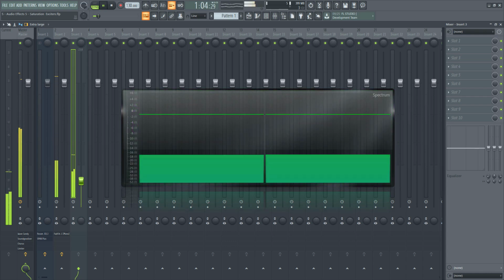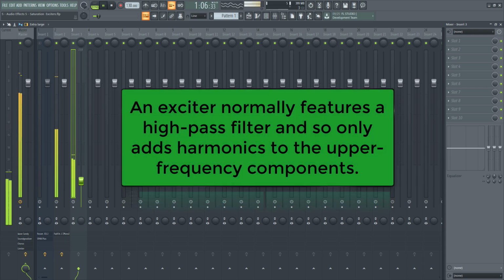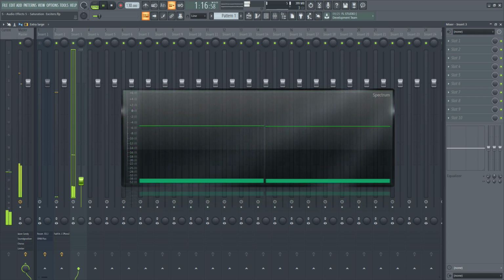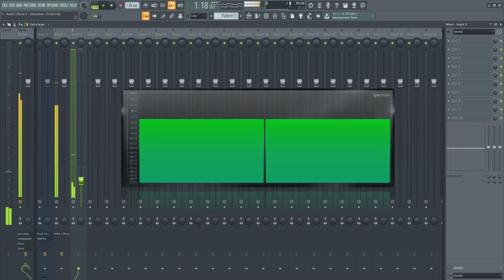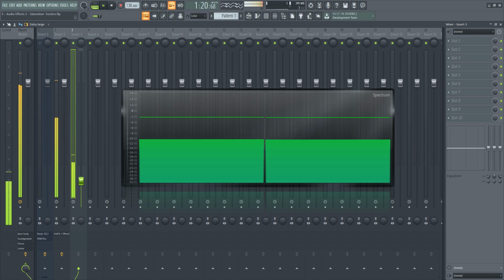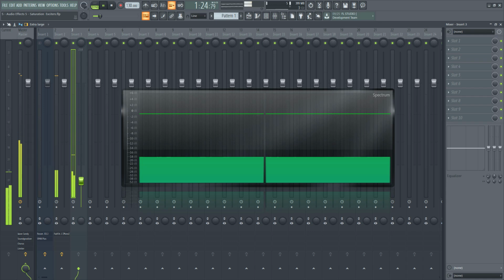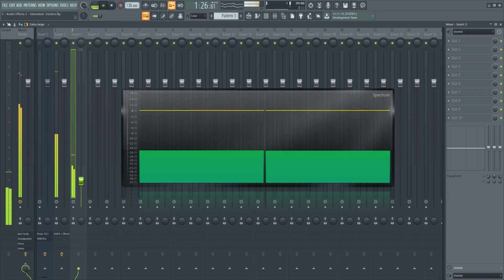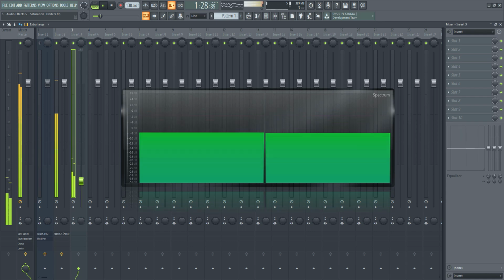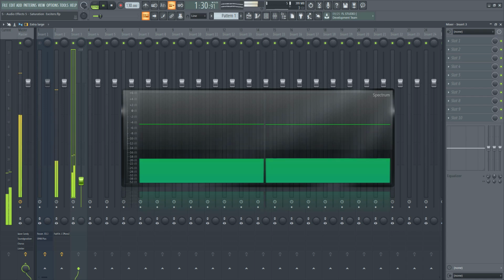In contrast, an exciter normally features a high pass filter and so only adds harmonics to the upper frequency components. This avoids muddying up the mid-range with extra harmonics, while adding a lot more high frequency content to give the impression of more air and sparkle.